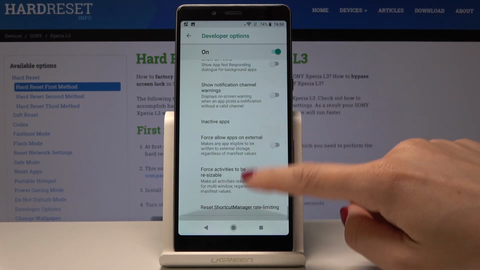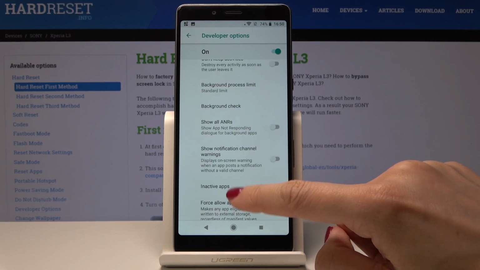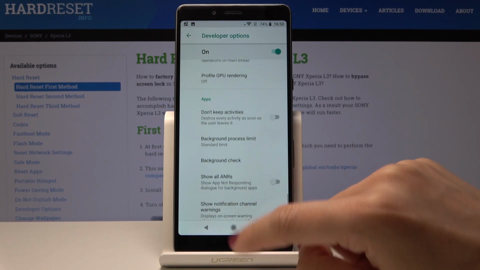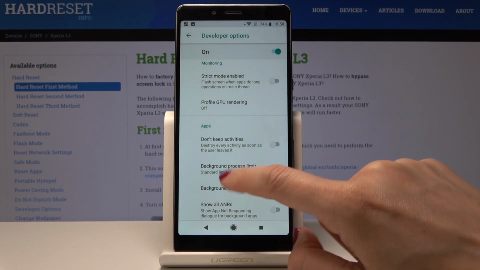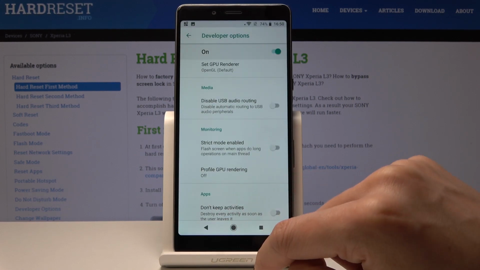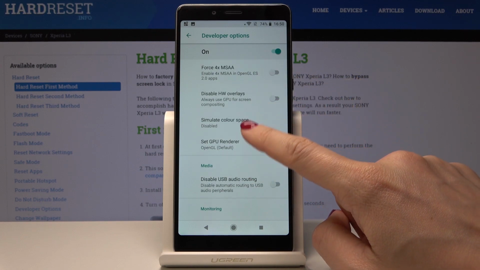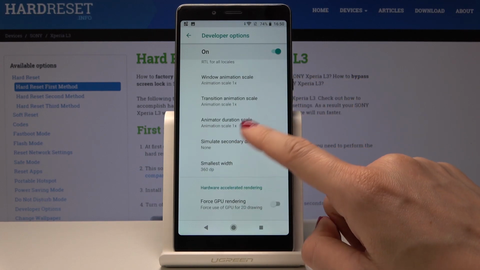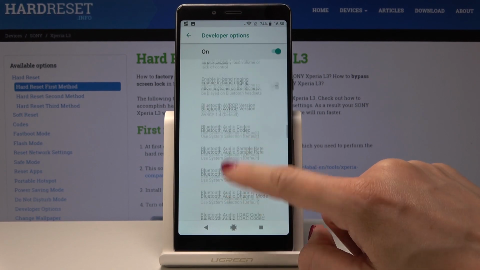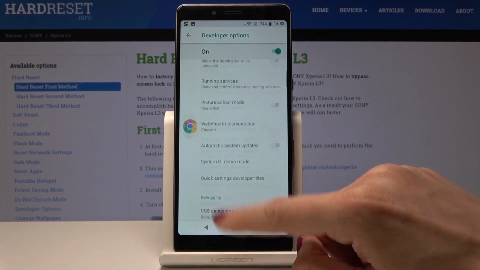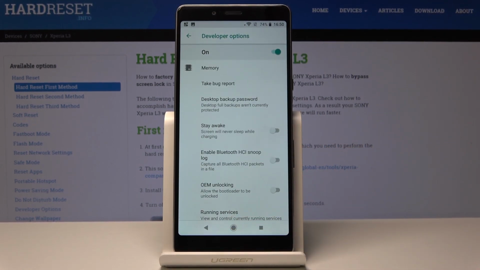As you can see, there is a wide list of possibilities. You can show notification channel warnings, background check. You can also profile GPU rendering, disable USB audio routing and all the other super secret options. So as you can see, there's plenty of possibilities, and if you would like to switch off developer options, if